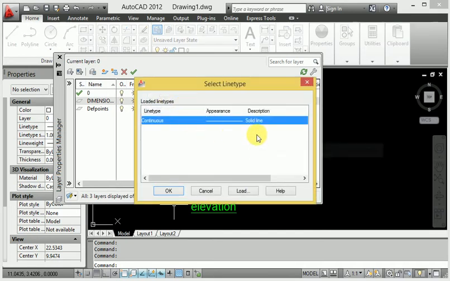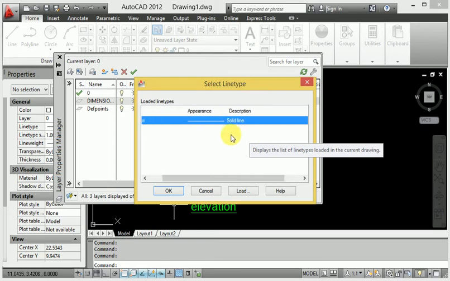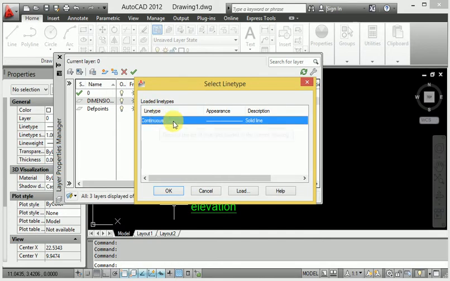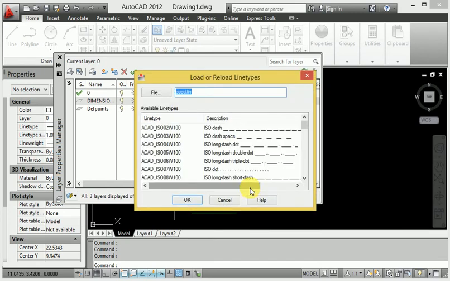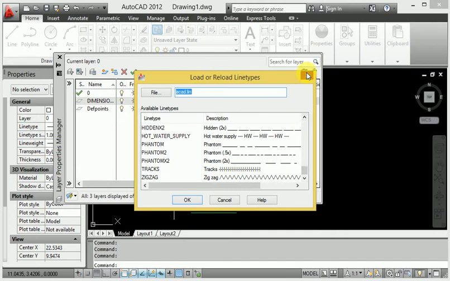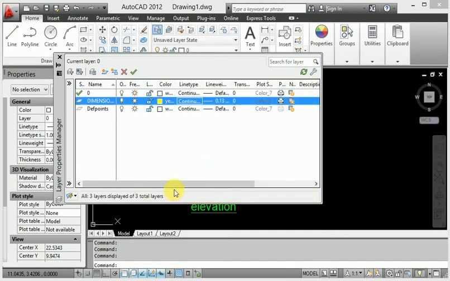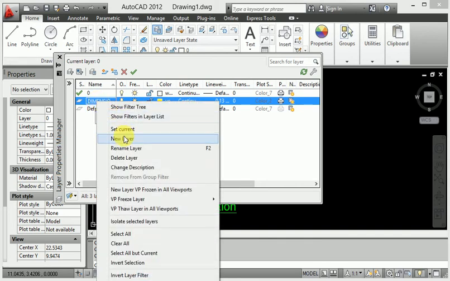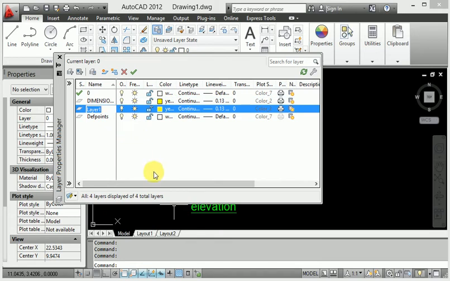If I go to change the dimension style, here the style changes. When you apply the load, the dimension is also continuous. Second, again click the right and go to new layer.